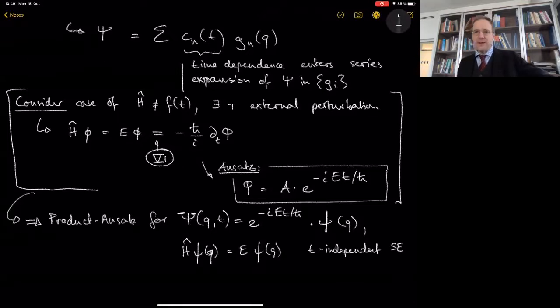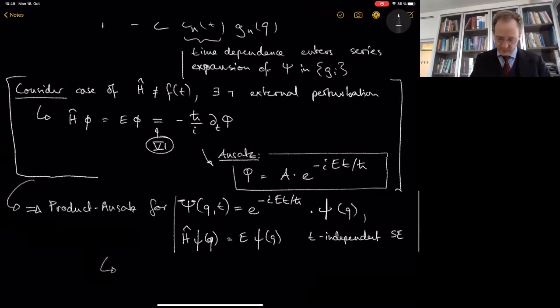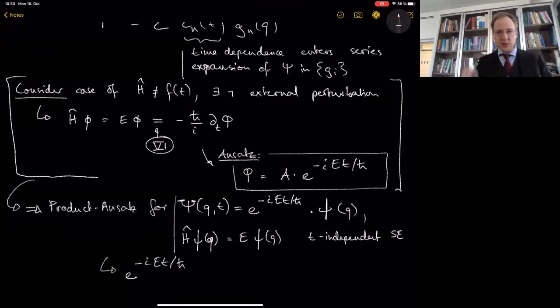One is this exponential prefactor, which contains the time, and one is the solution of the time independent Schrödinger equation. And so this implies that this e to the minus i E t over h bar is just a shift of your wave function,